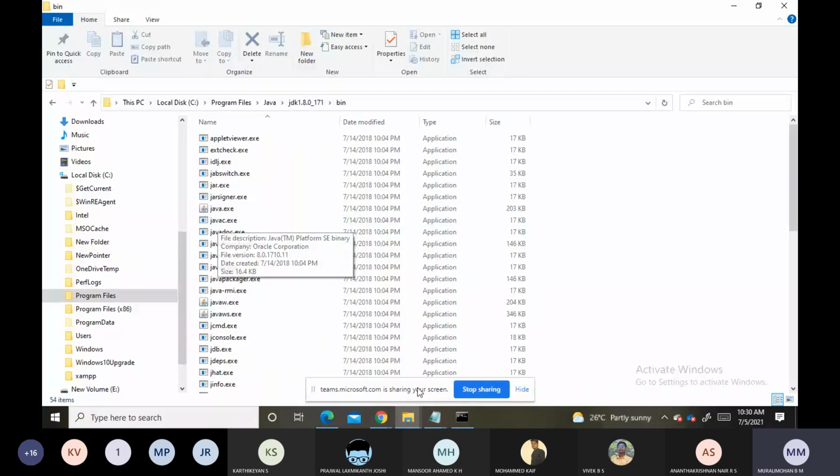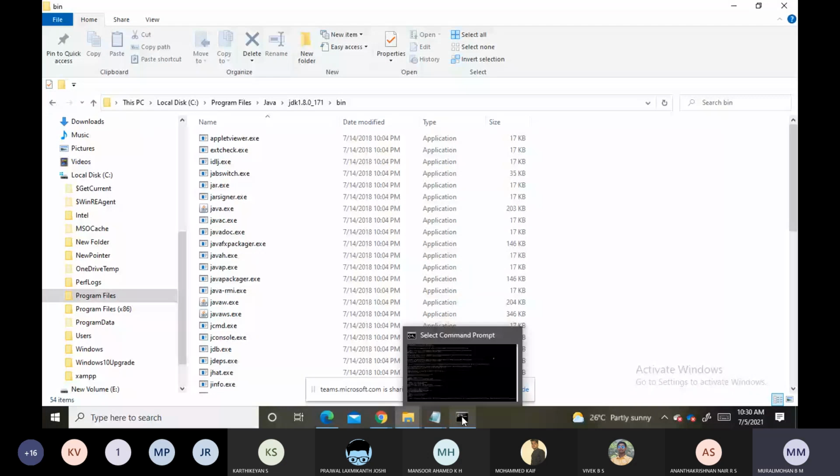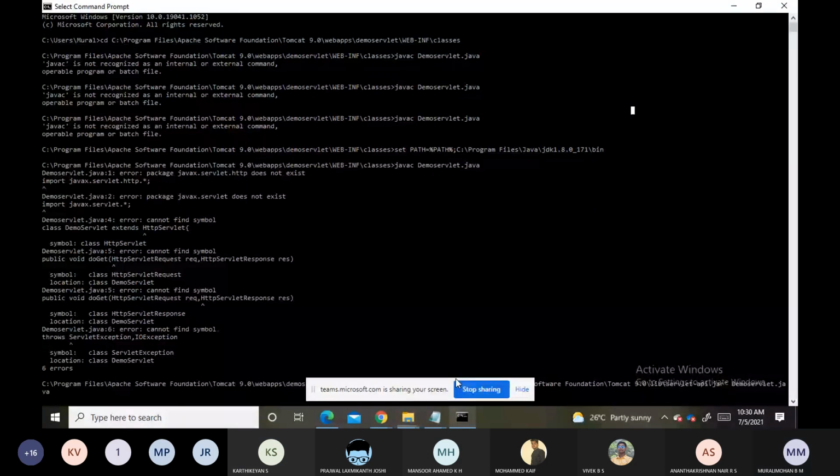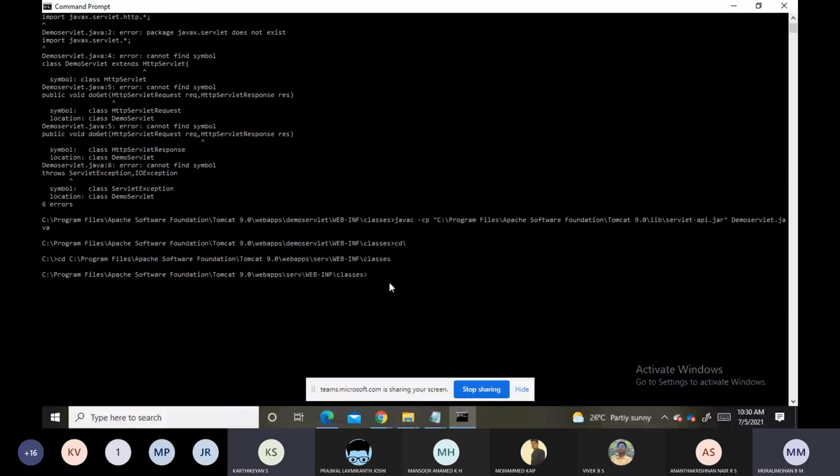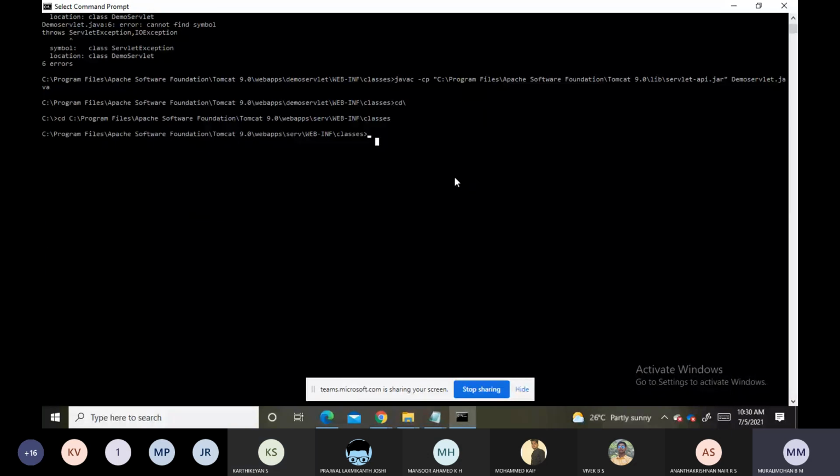So how to set it? Just give this command, set path. I will copy the same. See here, set path equals path. What is the path?